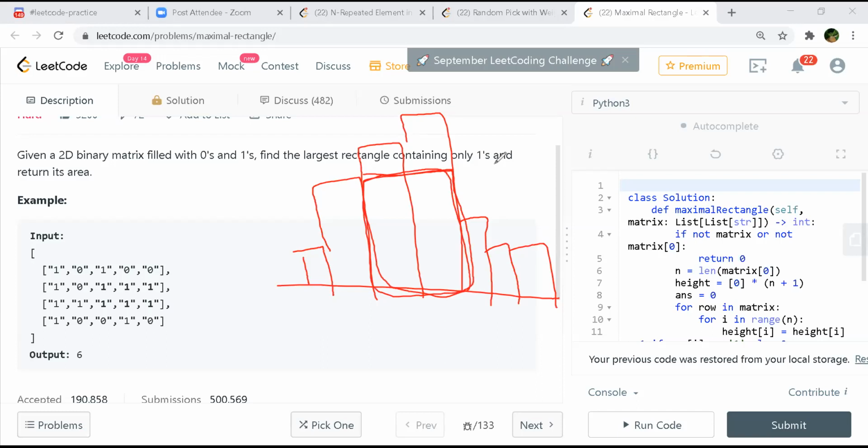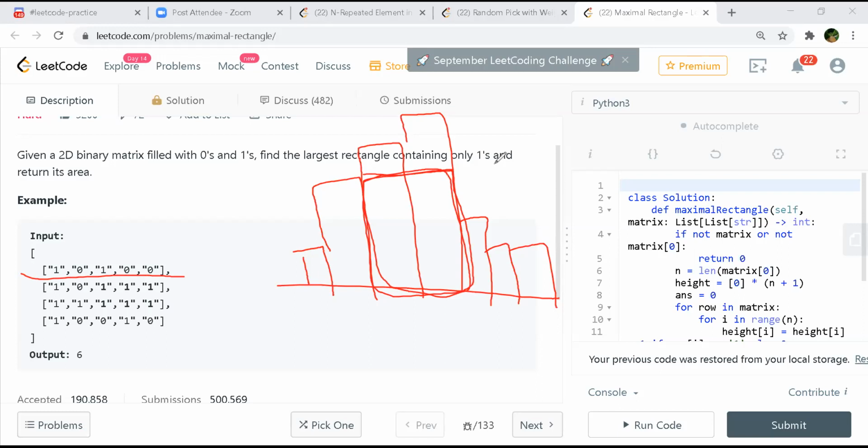Rather than directly giving the height, they have given a single row represented in the form of a 0, 1 format. But how does the histogram work?